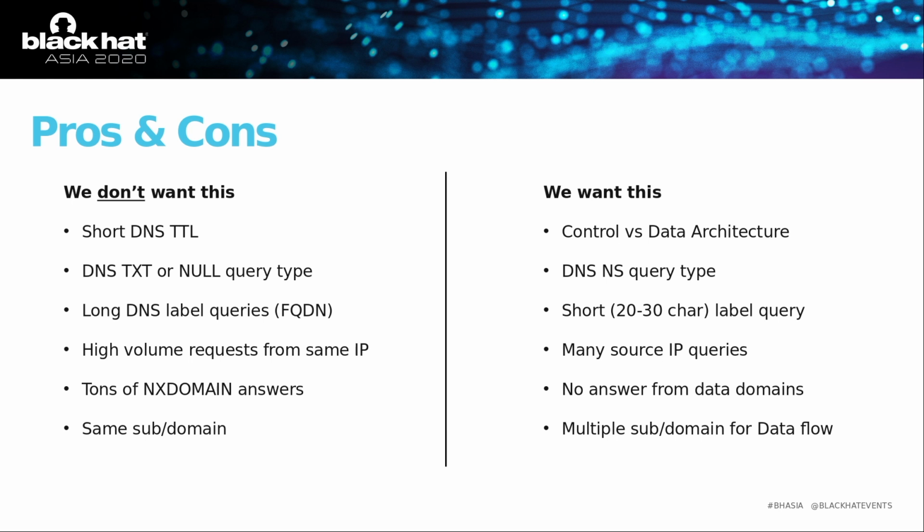So what we're doing is we put a pros and cons list of what we don't want, based on research of how security tools work, right? And what we would like to have, right? So again, let me just name a few. Short TTLs. Short TTLs are normally used for F5 GTMs to load balance between data centers or for resilience between regions. So they will use a short TTL, so the cache on those domains will not be that big, because they will be changing IP for balancing purposes or resilience, right?